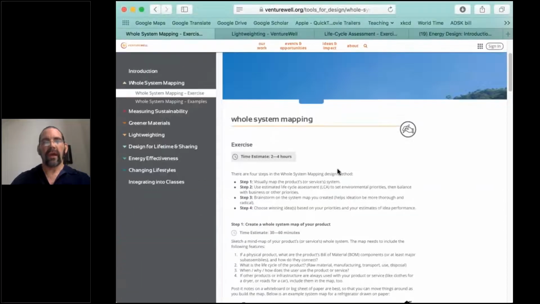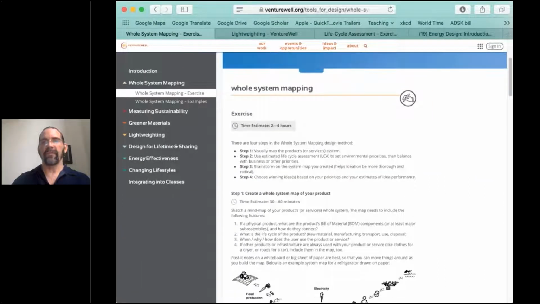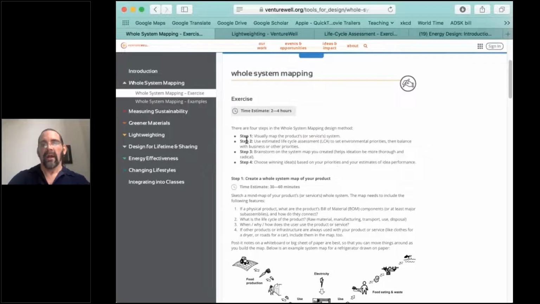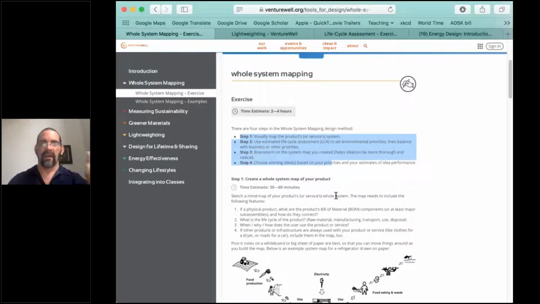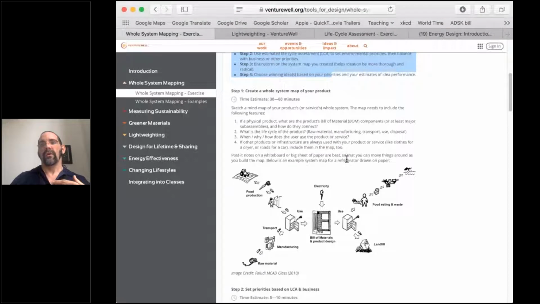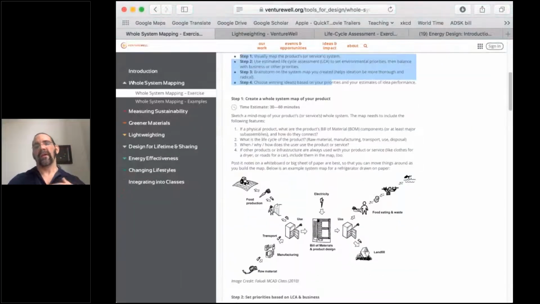So just to give you a quick run through for this particular exercise for whole system mapping, like I said, it's a 4-step process, and we're not going to go through the whole thing because it takes at least an hour or two to do the thing properly. But basically, step one is to try to create